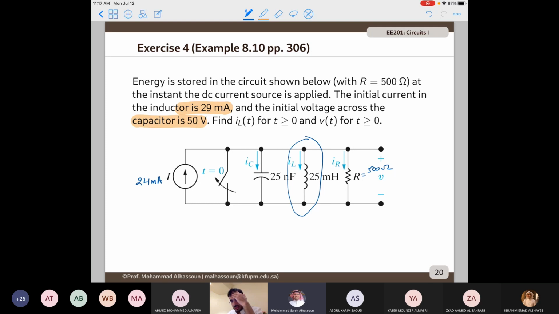Who else can jump in and participate? Ibrahim? Maybe we should first apply KCL. Not really. Verify what type it is? Verify if it's overdamped or underdamped. Yes, that's a fair question, because